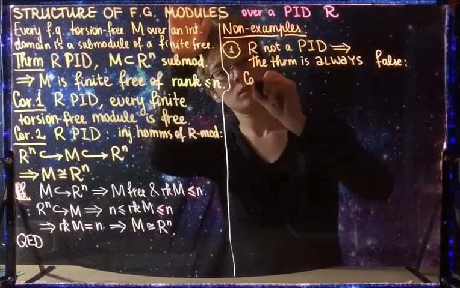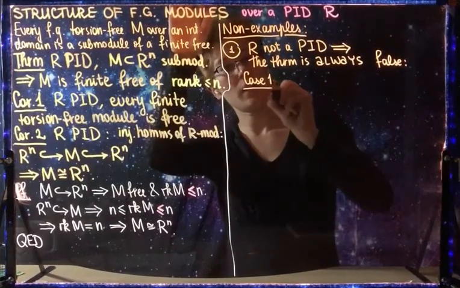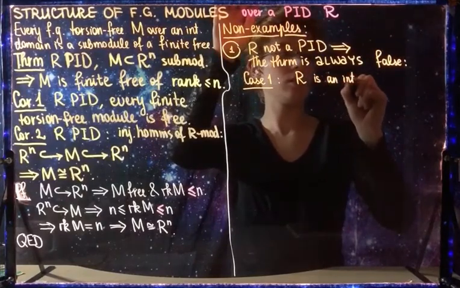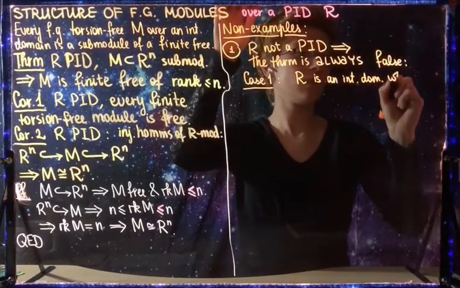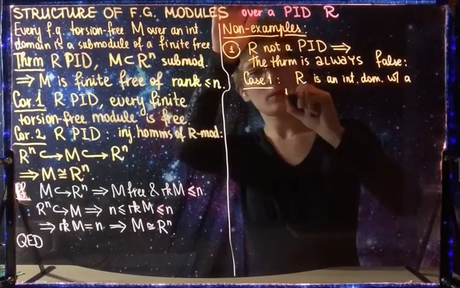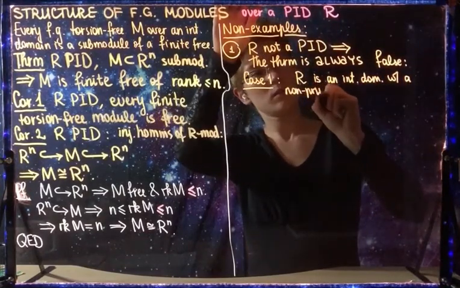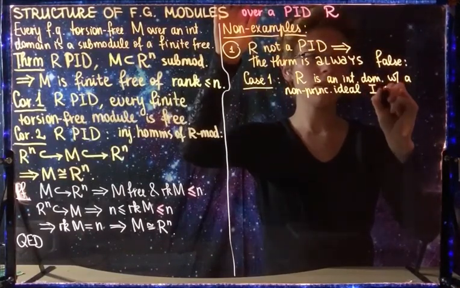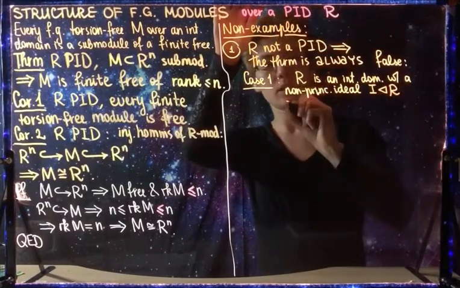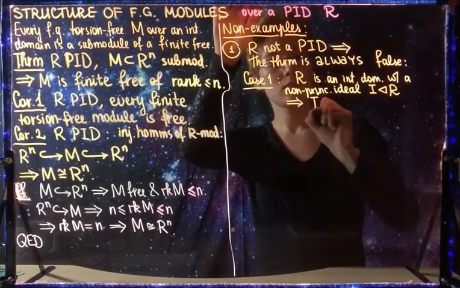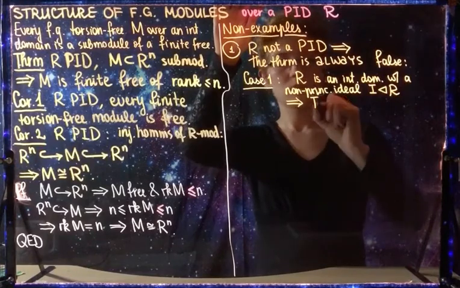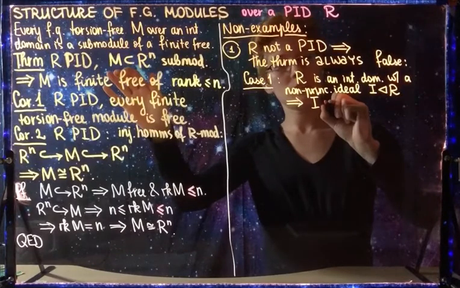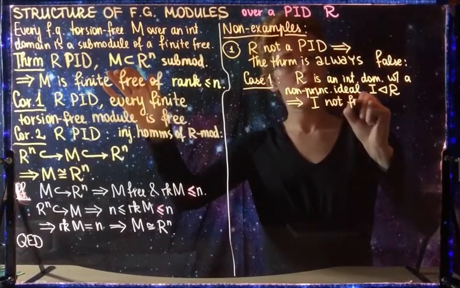Because we either have that R is an integral domain with a non-principal ideal I inside of R, and in this case I is a submodule of R, and I is not free,